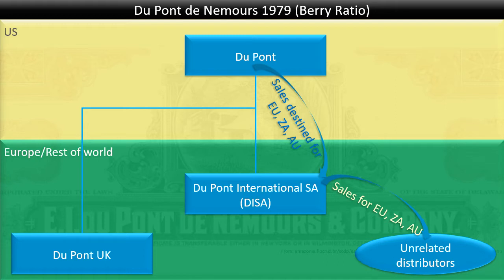Now, what is interesting is that the court very clearly says neither in the planning stage nor in actual operation was DISA a sham entity, nor can it be denied that it was intended to and did perform substantial commercial functions which the taxpayer legitimately saw as needed. However, then they go on to say, nevertheless, we think that it also is undeniable that the tax advantages of such a foreign entity were also an important consideration for DISA's creation, and we will see exactly how important it was. The court also found that, consistently with the tax-saving aim,